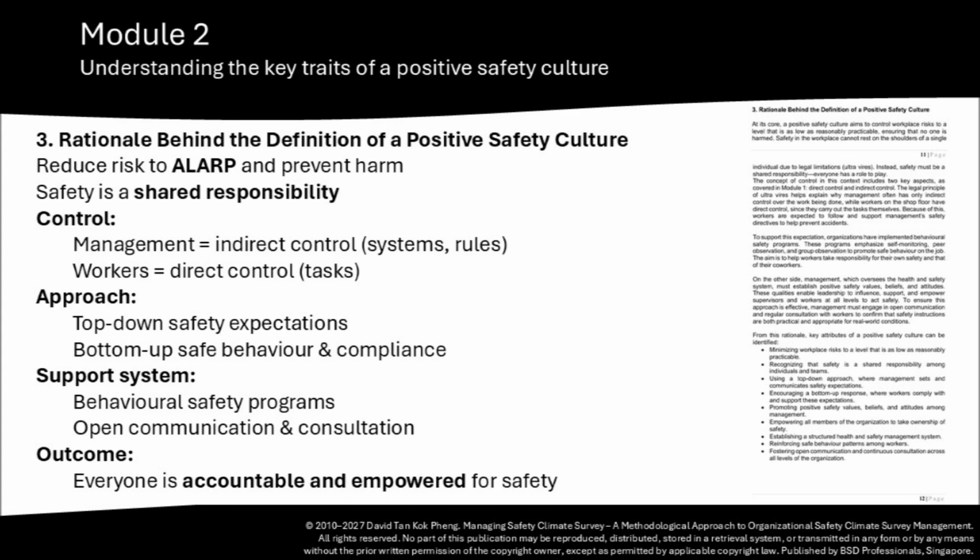From this rationale, the key attributes of a positive safety culture include minimizing workplace risks to a level that is as low as reasonably practicable, recognizing safety as a shared responsibility among individuals and teams, using a top-down approach where management sets and communicates safety expectations, encouraging a bottom-up response where workers comply with and support these expectations, promoting positive